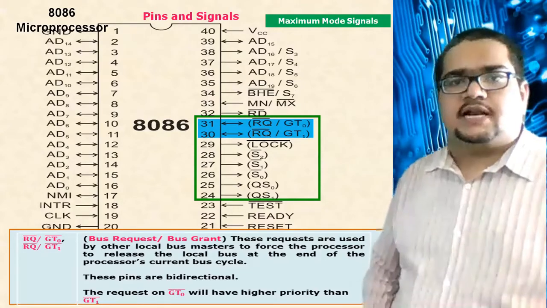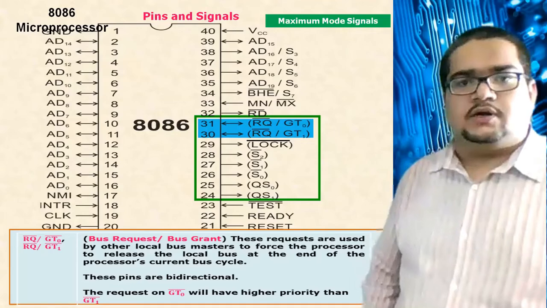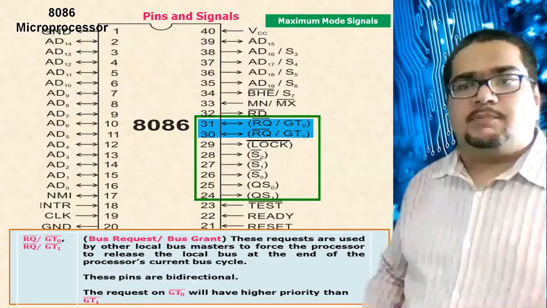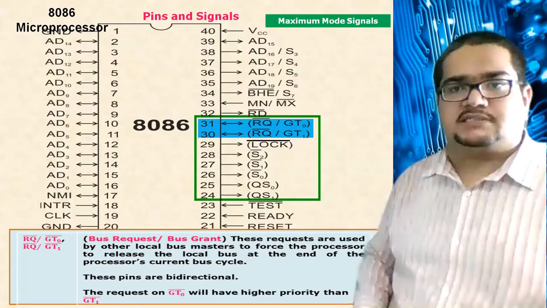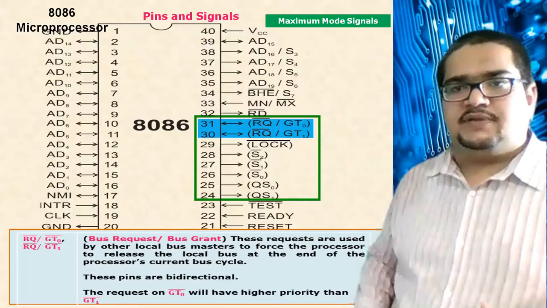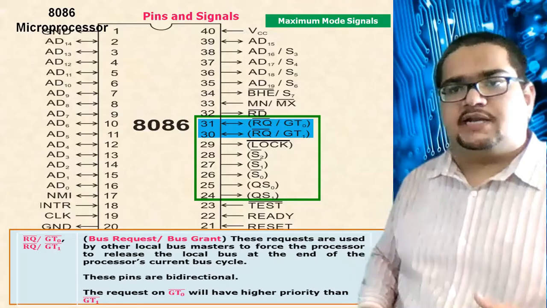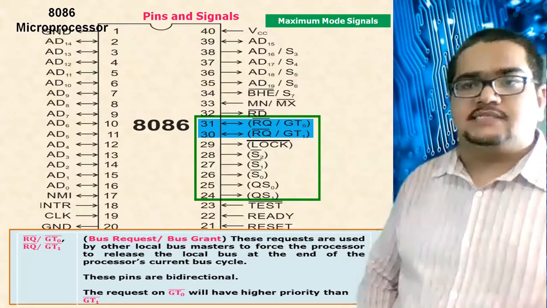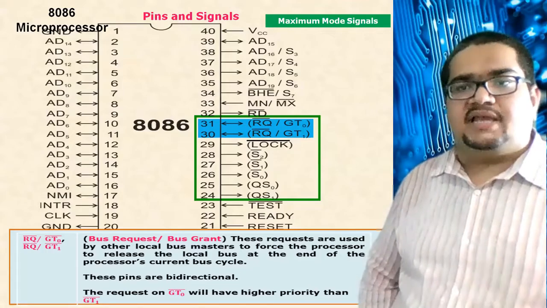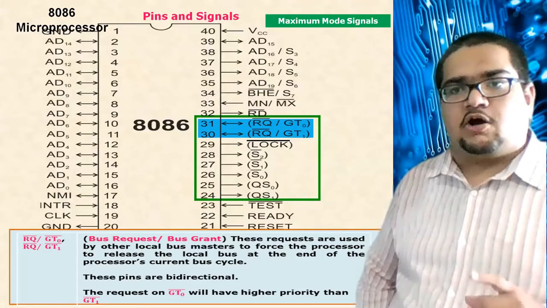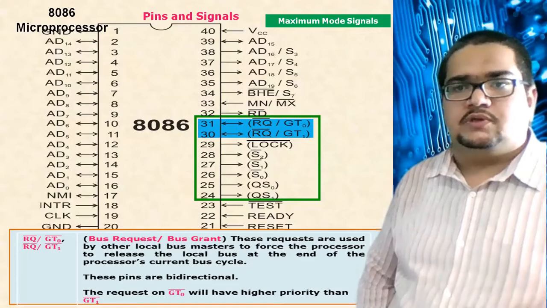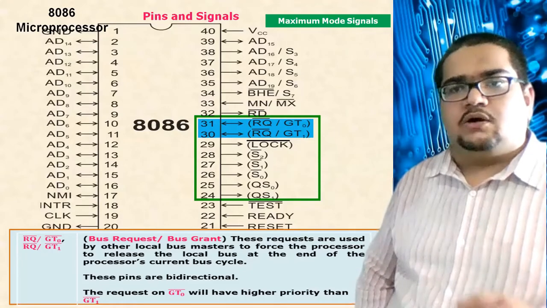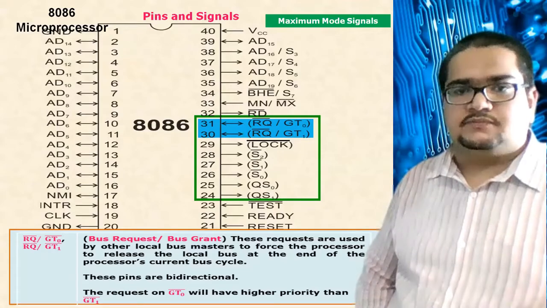All these request grant and status lines are available to communicate with the bus master and the other processor. Specifically, request grants are used for communicating with the bus master and the other processor in the system, whereas status lines are given to the bus master to make it understand what operation the processor wants to do: memory read, memory write, interrupt acknowledgement, IO read, IO write, code access, or do nothing.